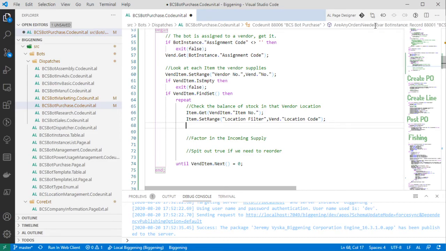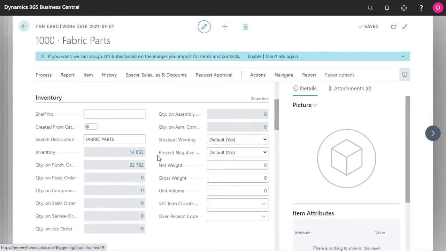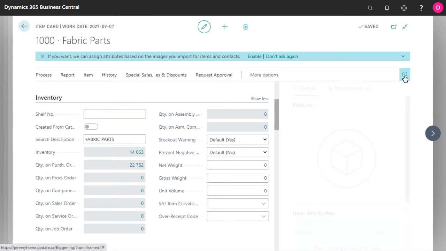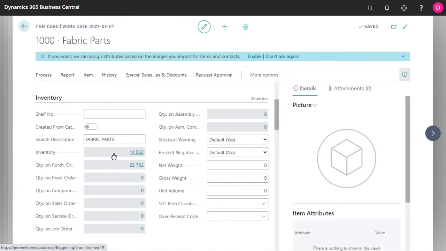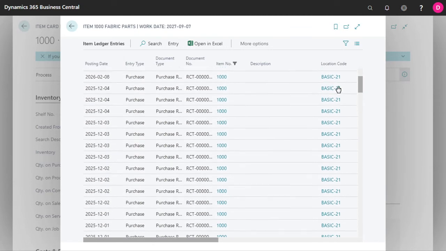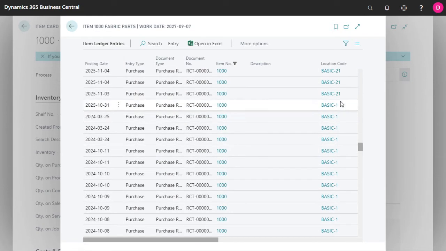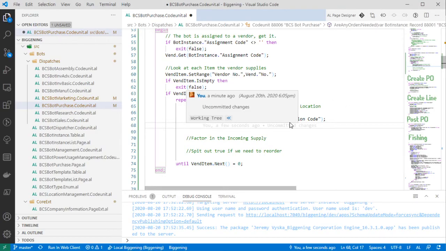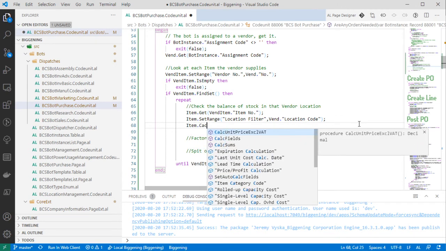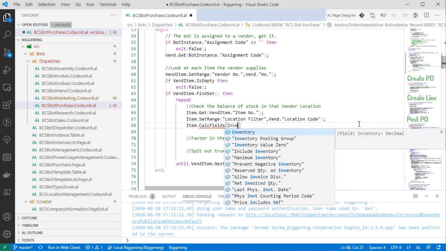assigned location code. So what I'm doing there, if anyone's a little fuzzy on this, these flow fields, like inventory, for example, when we change the settings on that... I thought I could change the flow field settings right on this screen, but apparently there's no filter button, maybe. Anyways, when we set the flow filter to a specific location, that will change the calculation to only look for a given location. So all these entries that say basic 21, if I was filtering on basic 1, those entries would be excluded automatically from the total. So nice and simple, we can just say item set range location filter the vendor's location, and we are going to calc fields the inventory level,